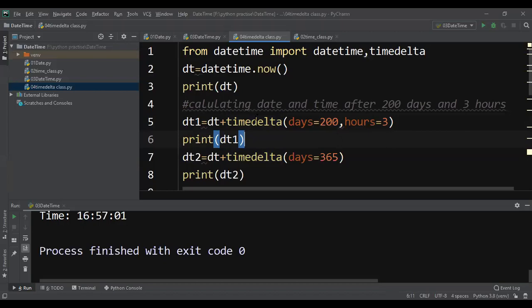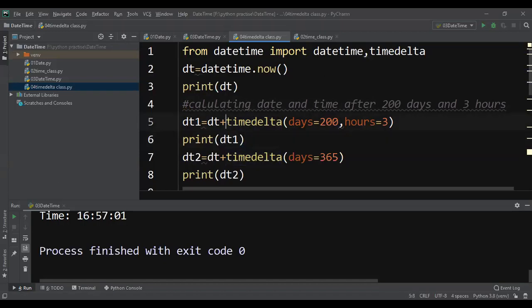Now here I want to calculate what is the date and time after 200 days and 3 hours from now. For that, of course, you can calculate manually, or by writing some program or logic. Here we have a ready-made function to calculate that particular date.